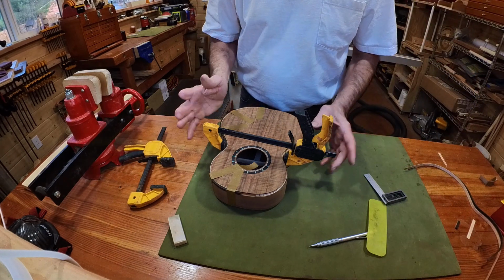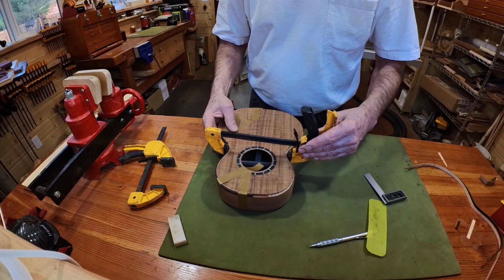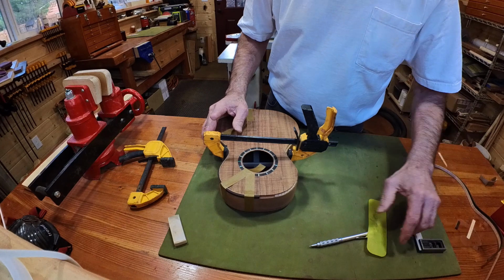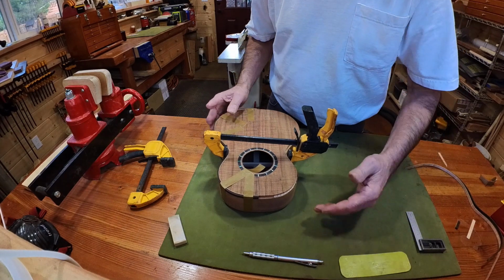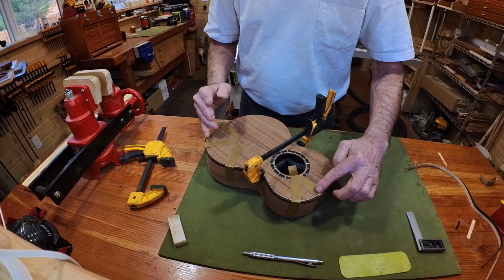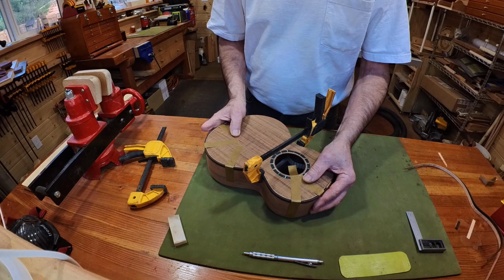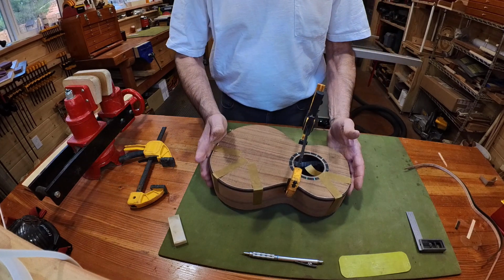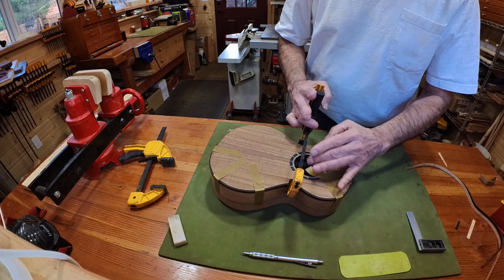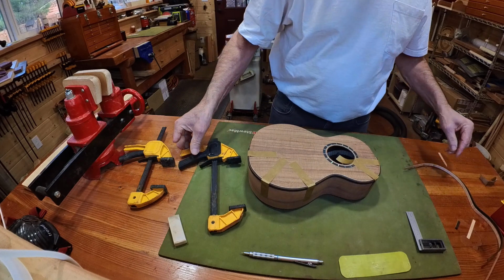setup time. And on this, I like using fish glue. As you know, I like using all the old traditional glues if I can. Fish glue or hot hide glue, and fish glue is nice for this purpose because fish glue gives you about half an hour of time to work with it, whereas the hot hide glue only gives you minutes. So we want to use a glue that's going to give us a good amount of time to work with